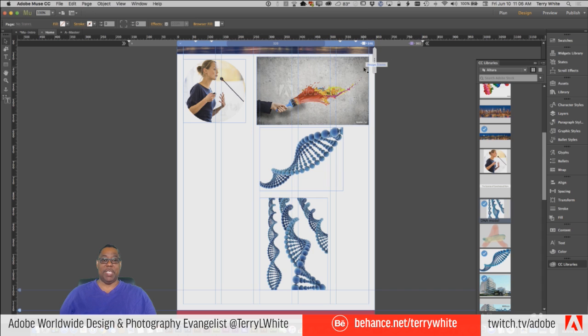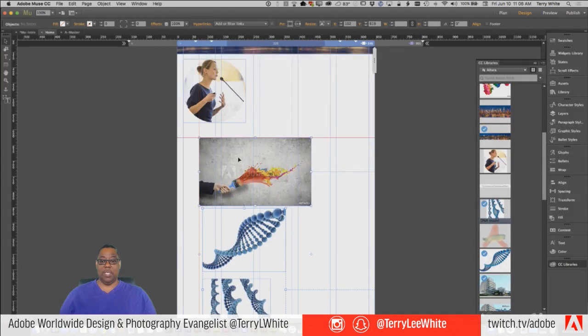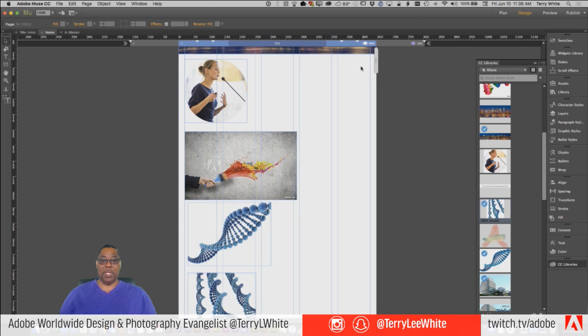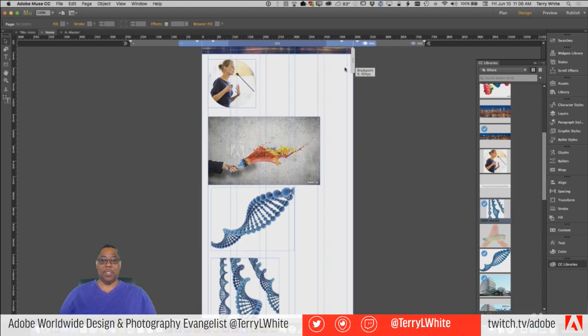So at this point, you might decide, okay, well, while we're at it, while we're moving this stuff around, maybe she needs to move or maybe this stuff needs to move under her. Totally up to you. So I can say take all of these and move them down here. Maybe that's going to be better. And instead of aligning to the right at this point, go ahead and align to the left. So now that's going to give me more room to play as we scale down.